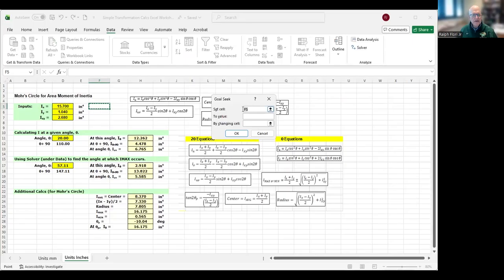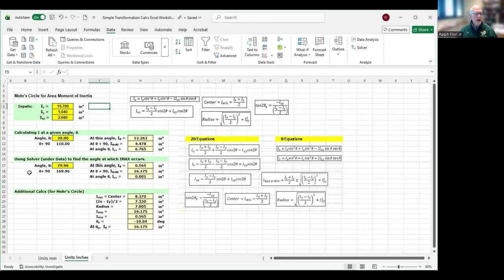So I can set this cell equal to 0 by changing the angle, and I basically get 80 degrees. So at 80 degrees from my x-axis,